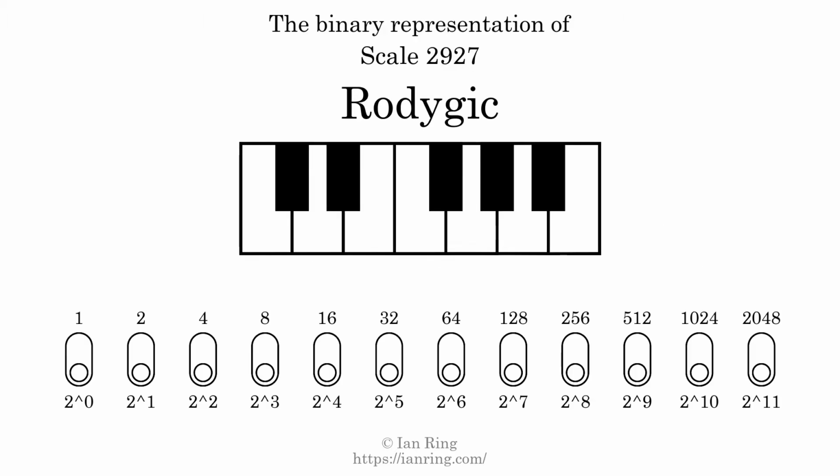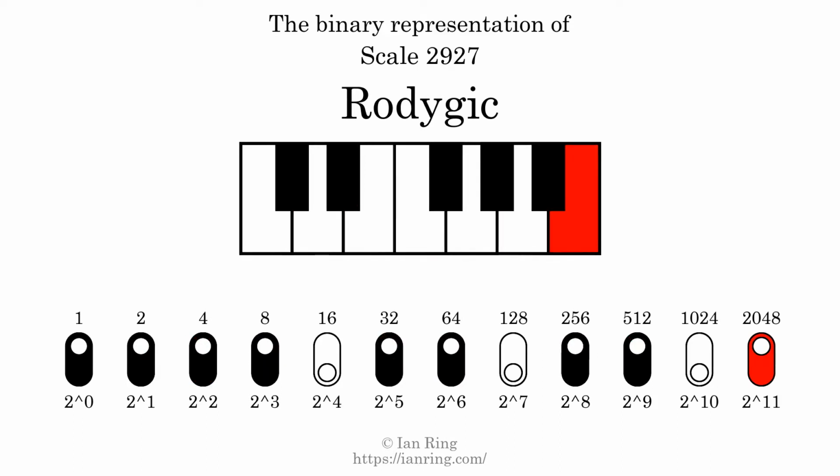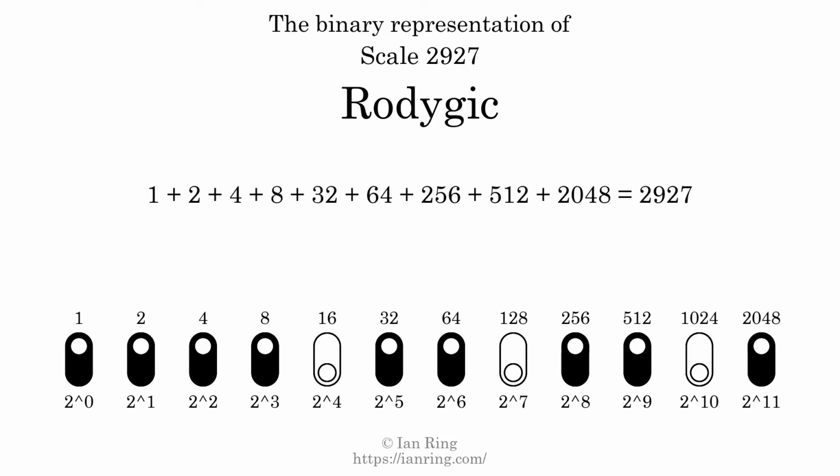The binary representation of this scale is determined by mapping tones of the scale to binary digits. Each binary digit represents a power of 2. To get the scale number, we add the powers of 2 together. The powers of 2 that are present in the scale, all added together, equals 2927. That is why the scale number, in decimal, is